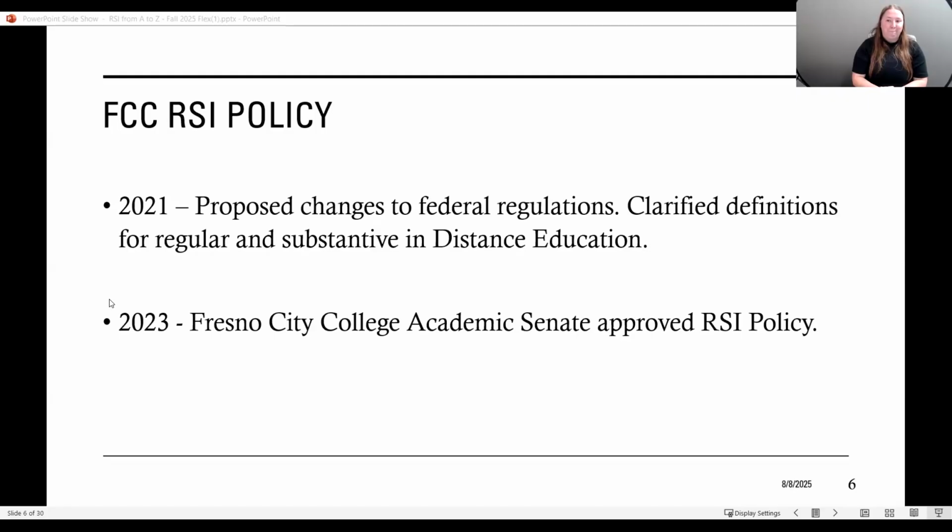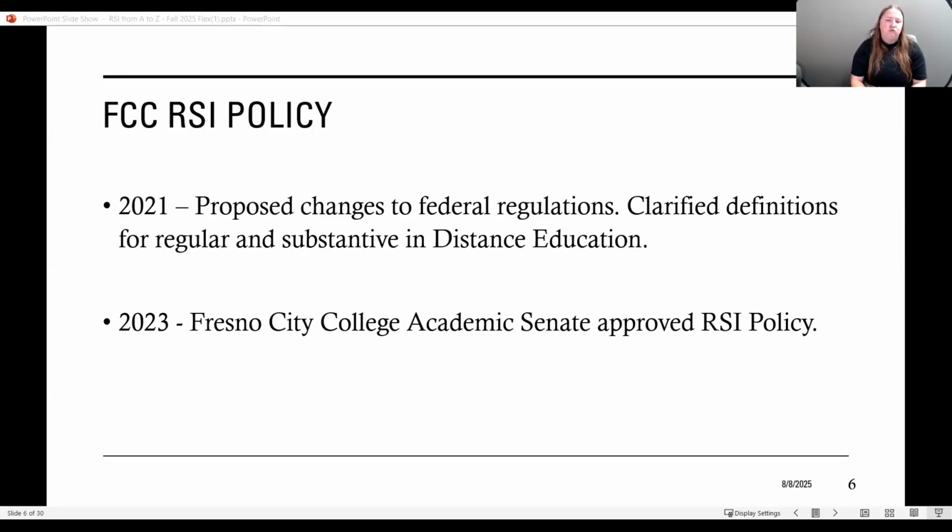Okay, so again, for those of you who may have joined us in spring, just reminding us about the policies and what we have here at City College. So again, in 2021, there were changes to the federal regulations that clarified what regular and substantive interaction was in distance education courses.